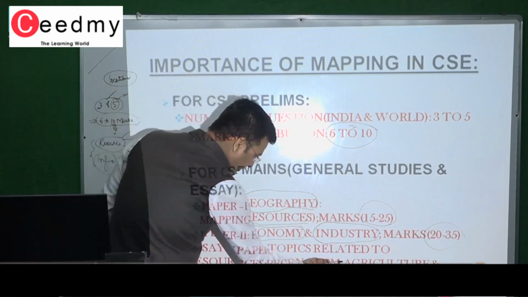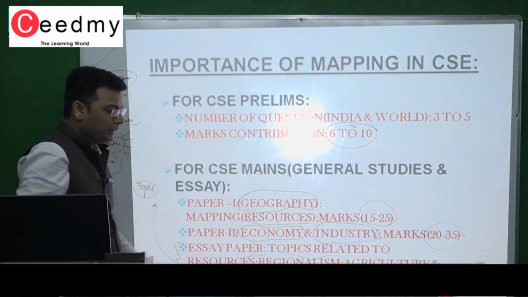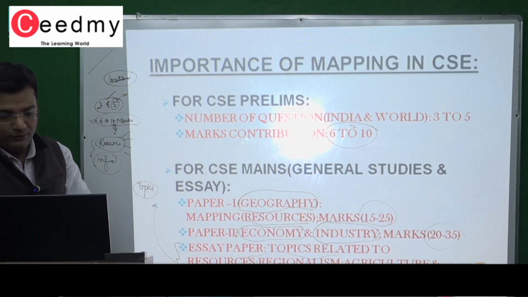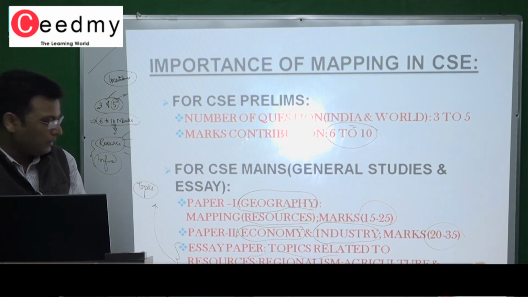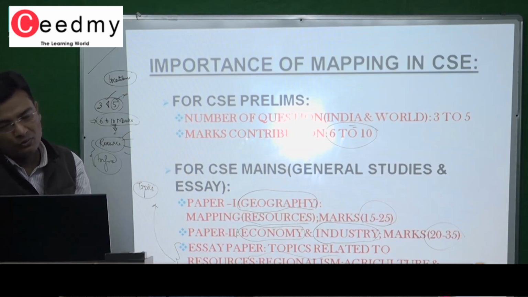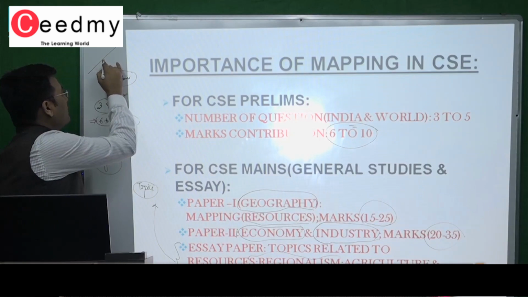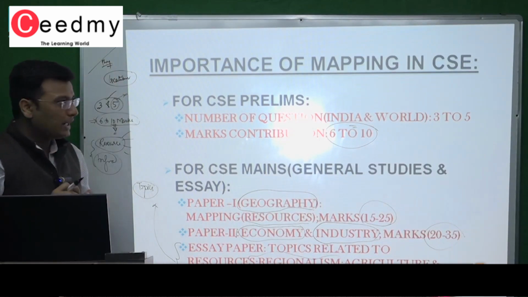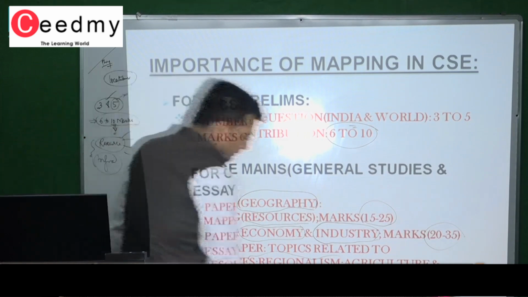Regionalism: you can easily answer why migration takes place from northern India to southern India, or from small cities, from suburban cities to metropolitan cities, because of lack of many things like physical infrastructure and social infrastructure. So mapping is going to cover the topic of physical infrastructure. You can give many points on physical infrastructure apart from social infrastructure.